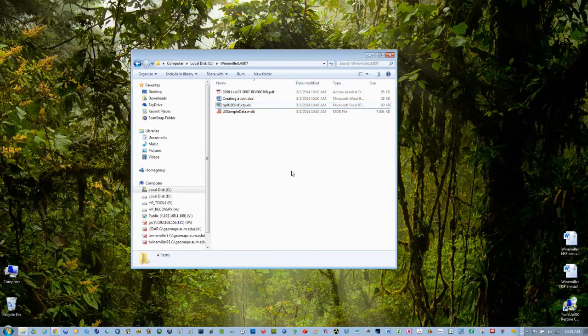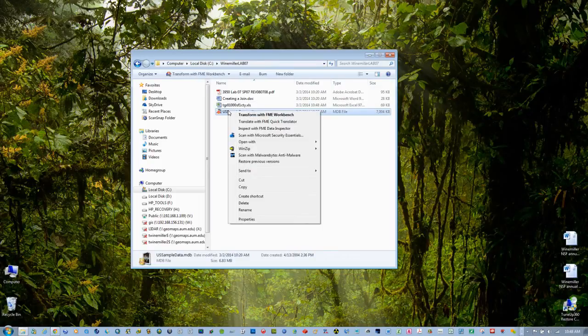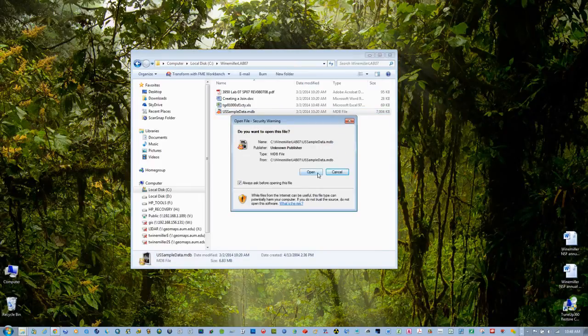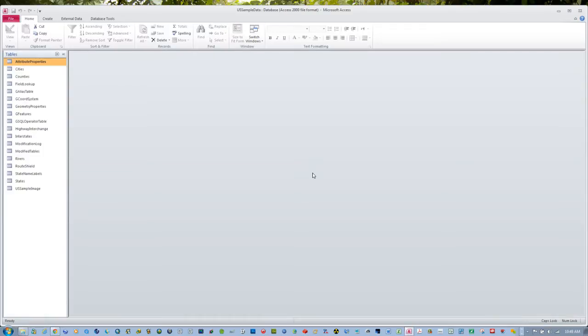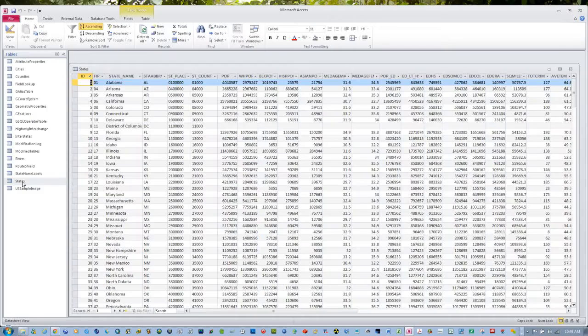The only other thing I want to show you right before we get into GeoMedia is I'm going to right click on US Sample Database and open with Microsoft Access. You don't have to right click and open with unless you have another software that has latched on. I have FME that's latched on. I'm going to open it. And I'm going to double left click on the states table. So here's all the states data